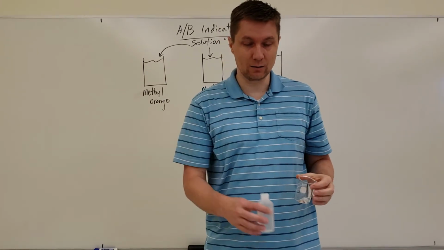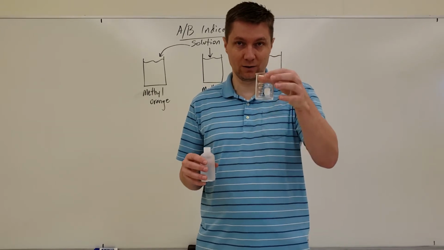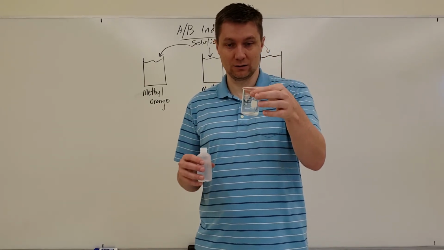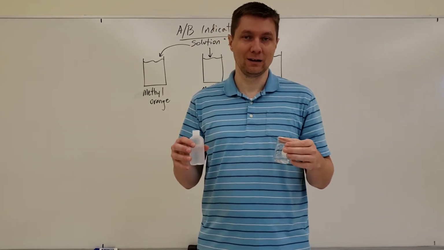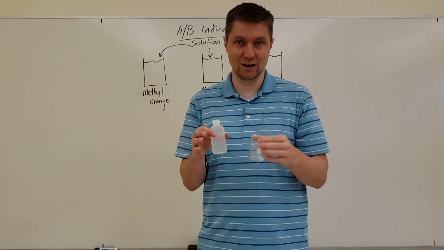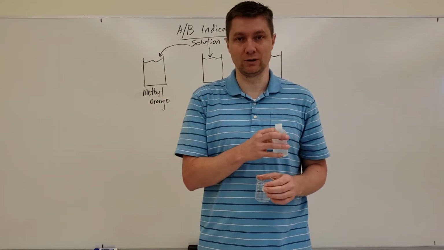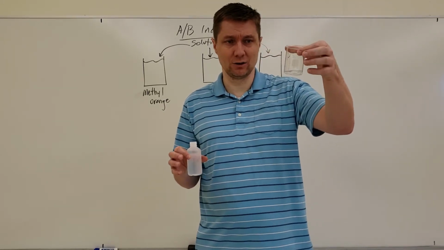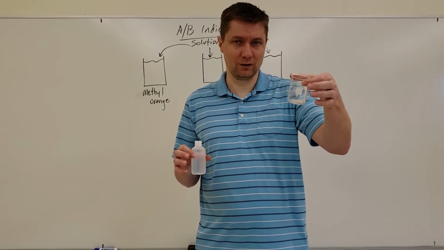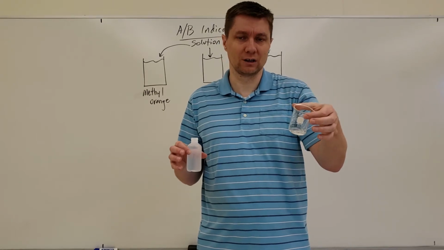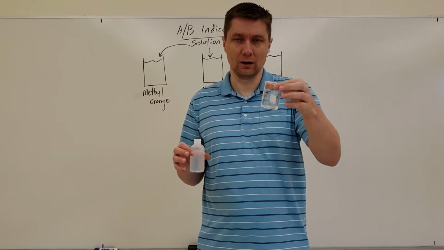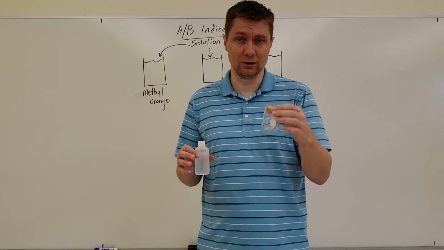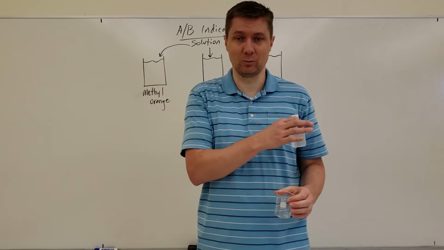And the data booklet tells us that when phenolphthalein is colorless, this solution is going to have a pH of less than 8.2. And this makes sense, right? We know that this is hydrochloric acid, and so putting HPH, or phenolphthalein, into here would give us a colorless color, because we know that hydrochloric acid is an acid and that's going to have a pH of definitely